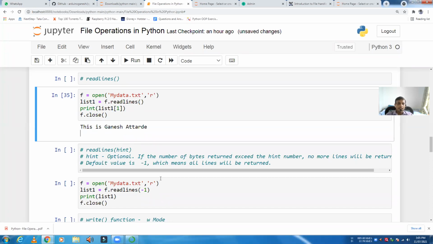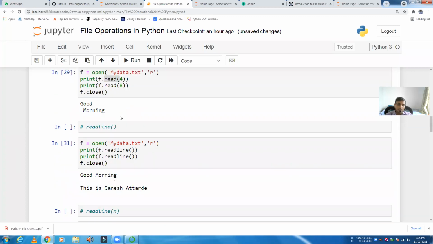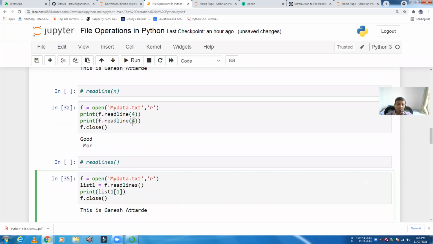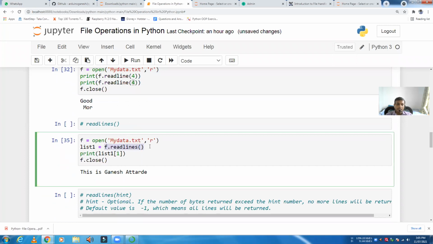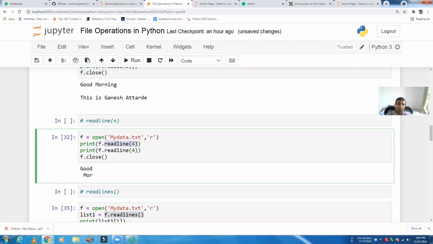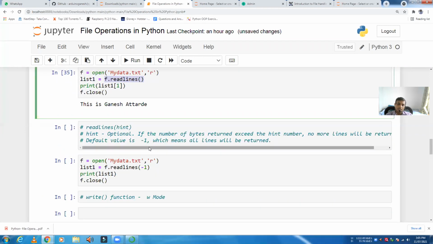So this is regarding the functions that are generally used to read the lines. Okay, which functions did we see? We saw the read function, readline, and readlines. The difference between readline and readlines is that readlines will return a list, but the readline function will return a single string. It returns a single string. Readlines returns a list of the strings.